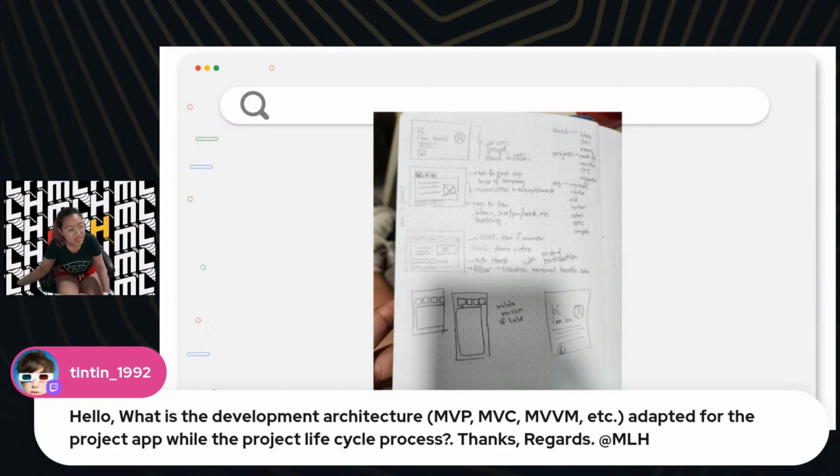I don't think a project lifecycle process means I'm making iterations on it. This is a one-time thing. I can do this in a single sitting and then call it finished. So I don't think there's much architecture or lifecycle process in this. Since it's just a small project, that might be a question for something bigger that's more long term.